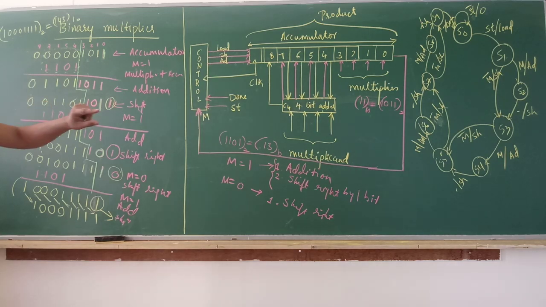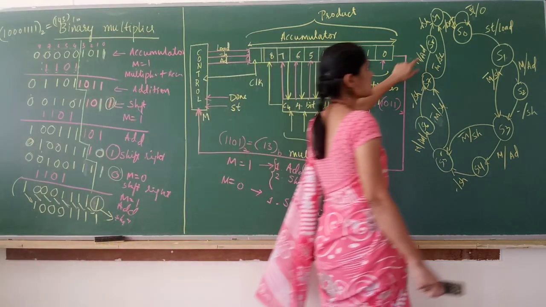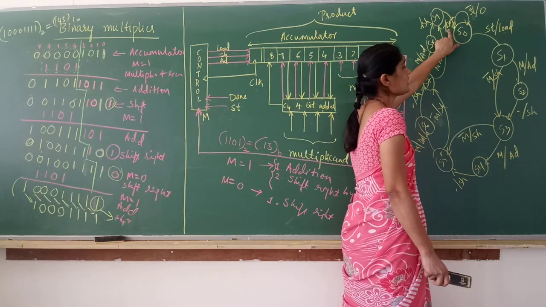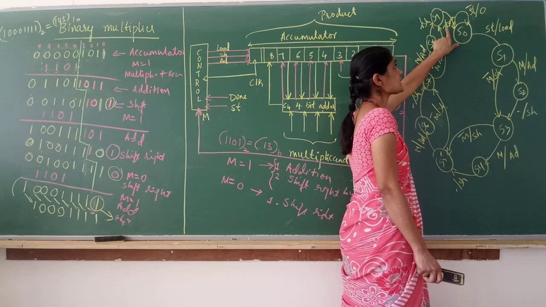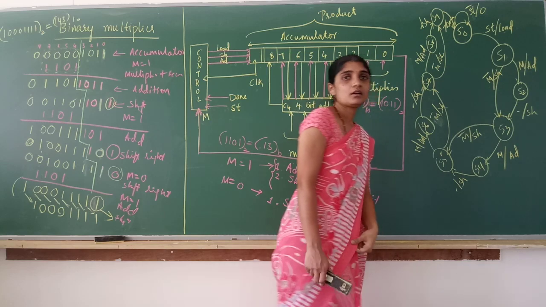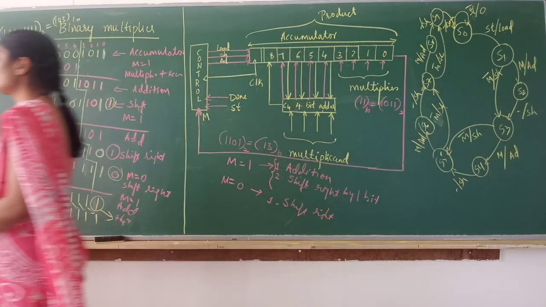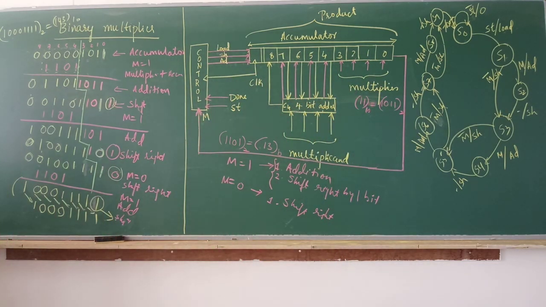So stop the process. Once all the 4 shifts are done, done signal to the control unit, whatever may be the value of M, indicates return to S0. Okay, so that is the state diagram to output the proper sequence of add and shift signals from the control unit. We can also write one more state graph for the control unit. I'll erase this and write it again, one more state diagram.